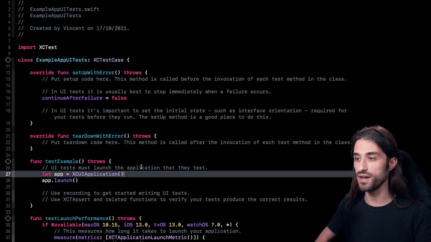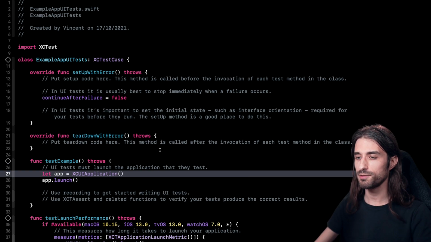It's perfectly fine in the sense that it lets us implement some interesting tests, but these tests come at a cost because we must write them using a specific syntax, and of course we must maintain them as the app evolves. So today I want to show you that there is actually another approach to UI testing, which is called snapshot-based testing. What's really nice with this approach is that we're going to be able to write a UI test at a very, very cheap cost. So let me show you how it works.